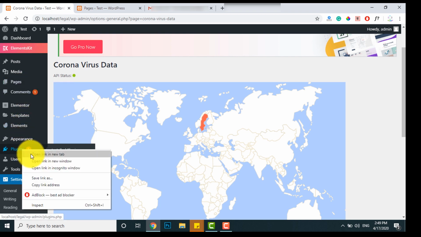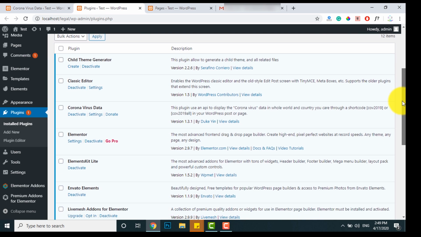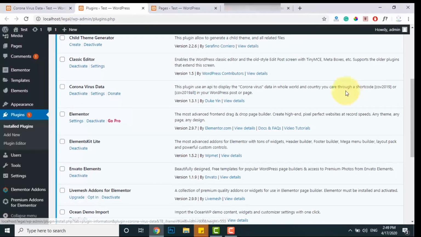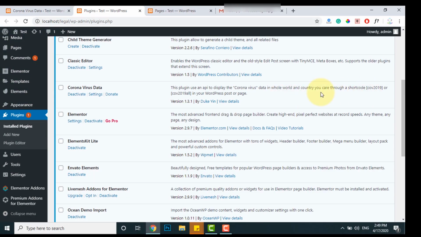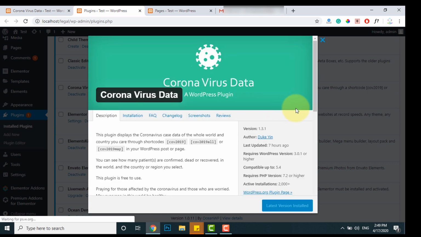Let's get some data. I would like to click on plugin coronavirus data, view detail. Go to the view detail here, or you can put the short code.